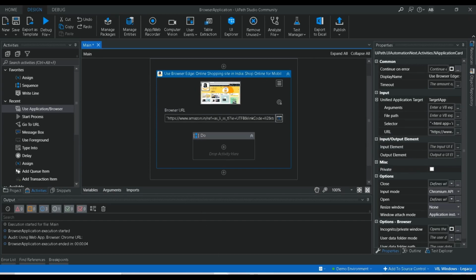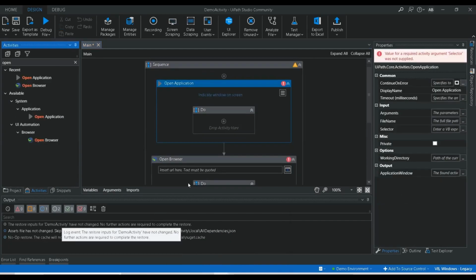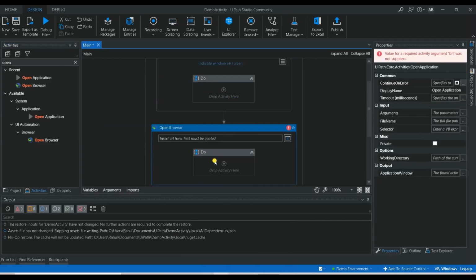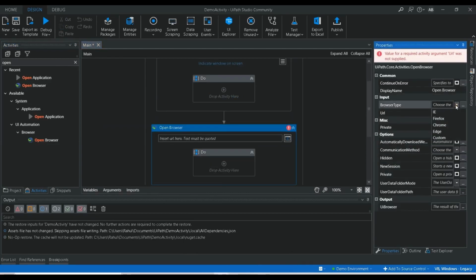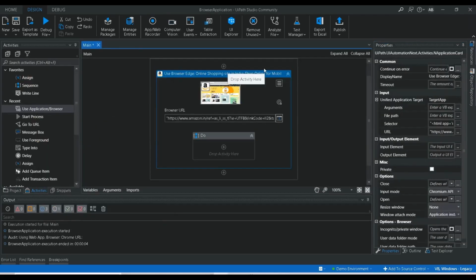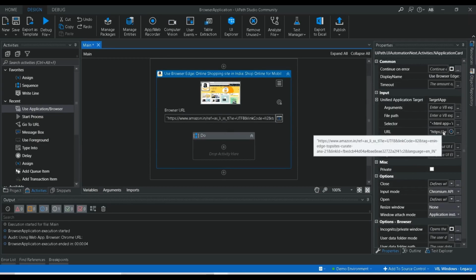But if you're going for the older version of these activities like Open Browser, you will have to choose which browser you want to automate. Even if you're recording something in Chrome, you will have to choose from here on which browser you want to execute that. But in this case it automatically identifies the browser as well, and passes it as a selector. The URL is also passed here, and if you want to modify the URL, you can just type the URL over here, or pass it over here. That is a benefit of